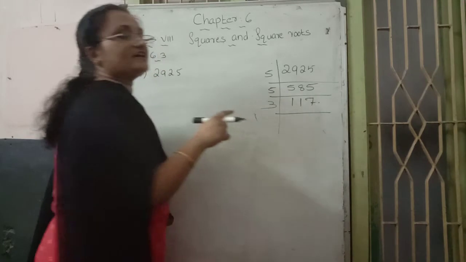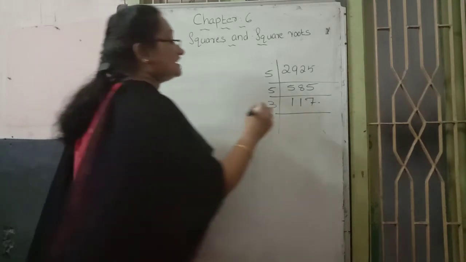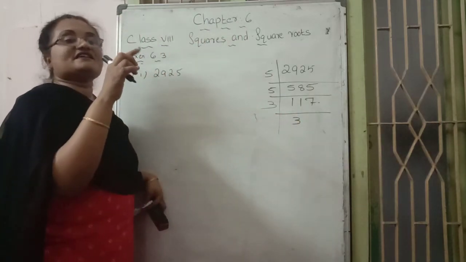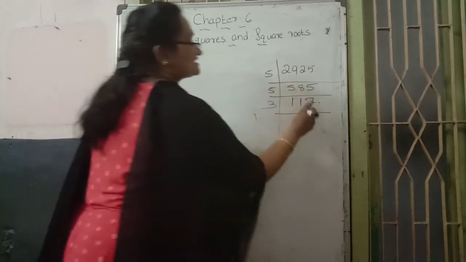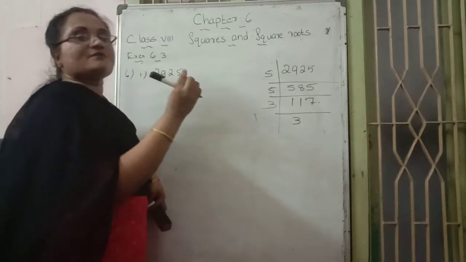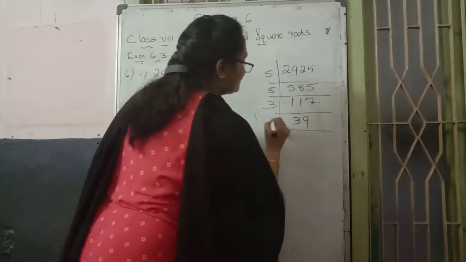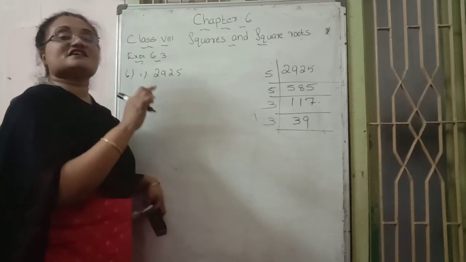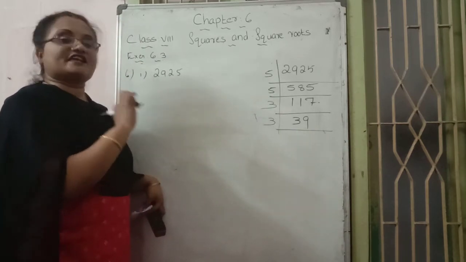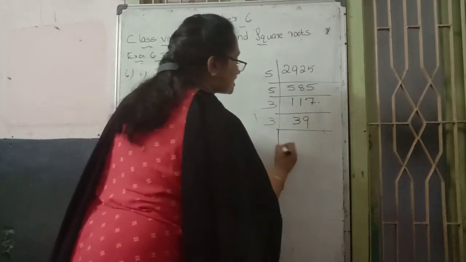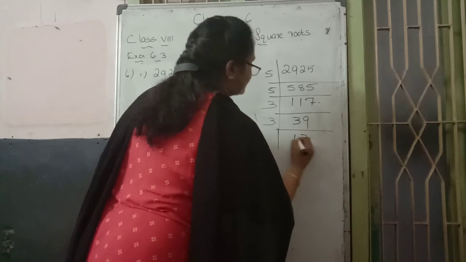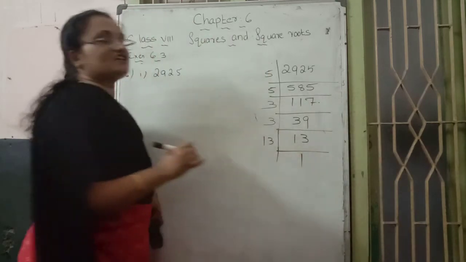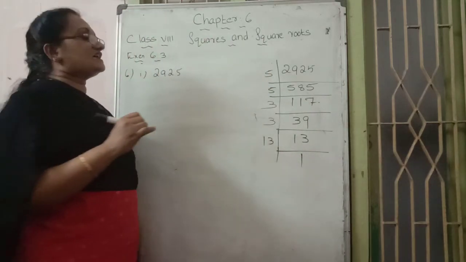Continuing, 3 table 11, note the nearest answer, 3. 3 threes are 9. 11 minus 9 comes to be how much? 2. 2 and next number joining, 27. 3 table 27, 9 times. Is it again possible to divide with 3? Yes, you need to check this 9. 3 plus 9 comes to be how much? 12. 12 is a multiple of 3. That's why we can continue with 3. 3 table 3, 1 time. 3 table 9, 3 times. Then 13 is a prime number. That's why we continue dividing with 13. What is the answer? 1 is the answer.